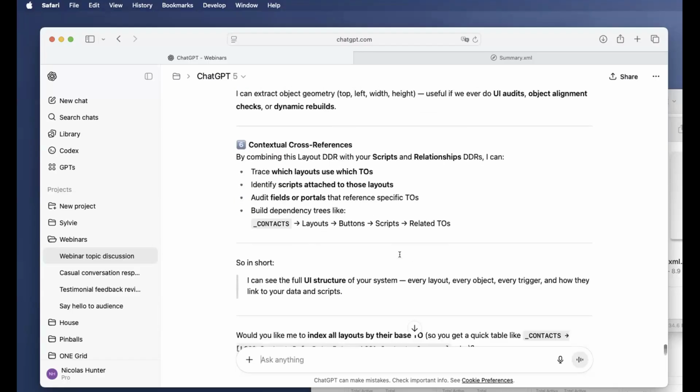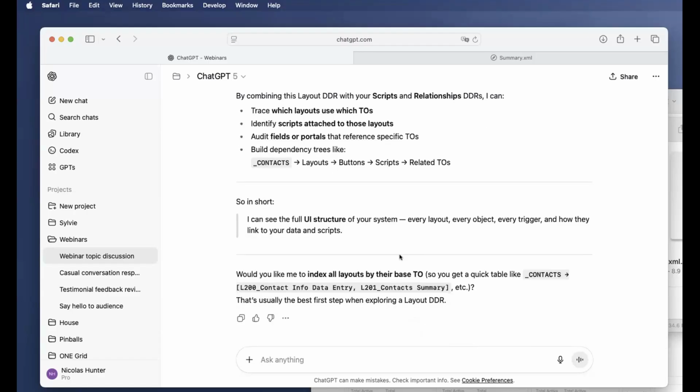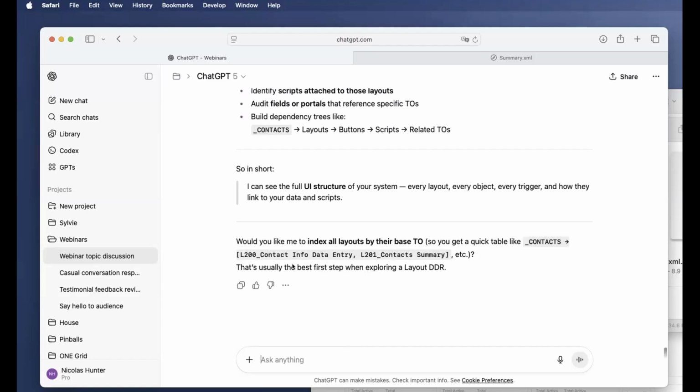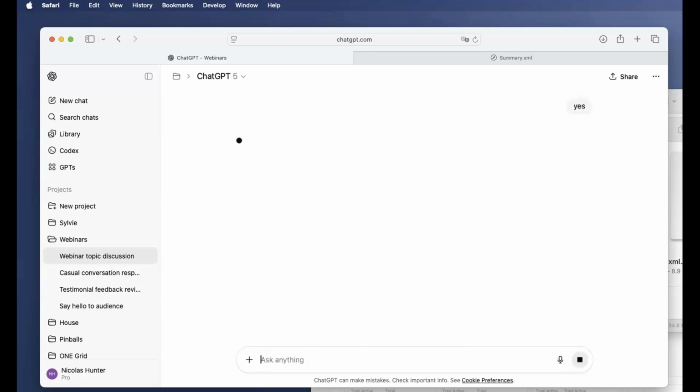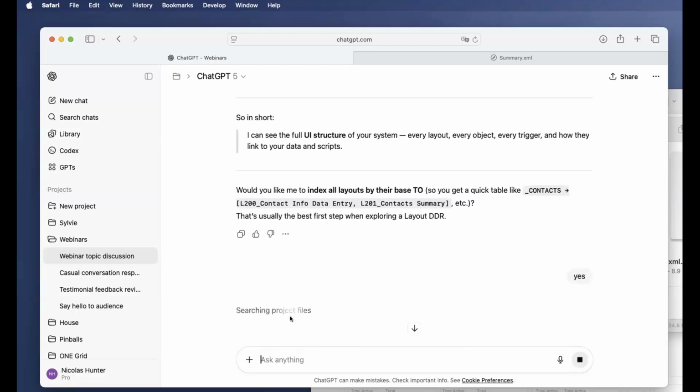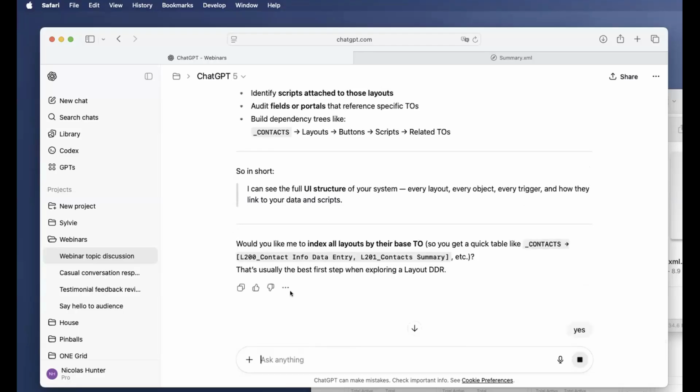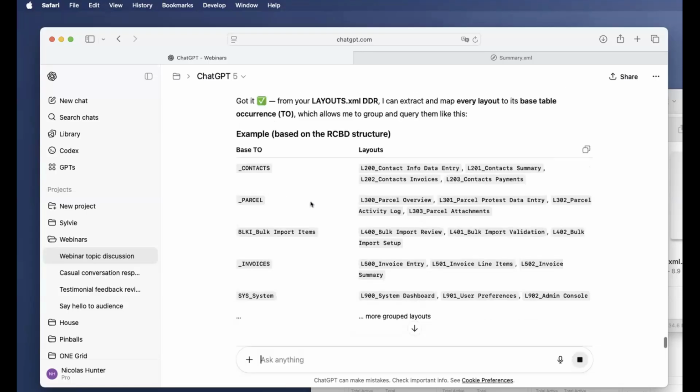Look, so this is all what he can do. So would you like me to index all layouts? Okay, yeah, let's do it. You want to index the full thing, right? So in short, I can see the full structure of your system, every layout, every object, every trigger, and how it's linked to data and scripts, right?